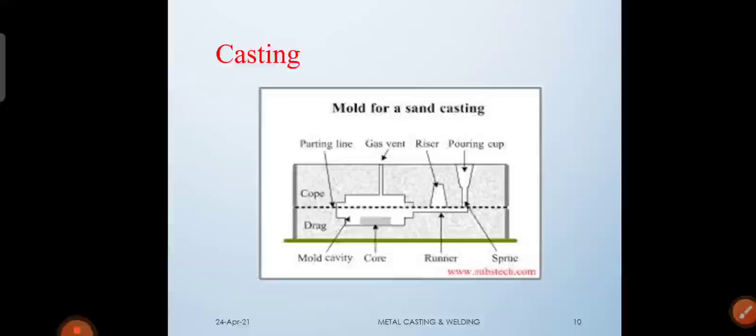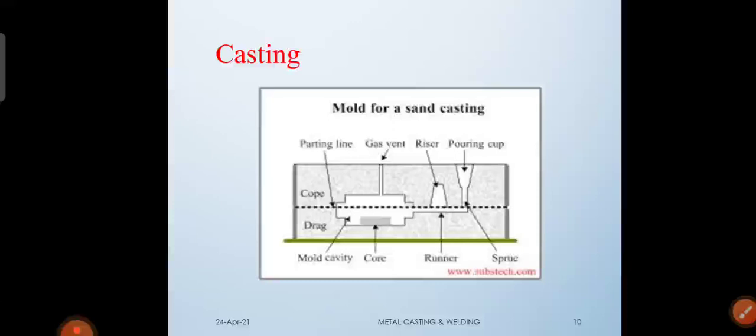One more important thing about the casting process is that larger sizes and even complex shapes can be made with it. That is the best thing about the casting process. It doesn't mean it is only useful for making large or complex shapes.